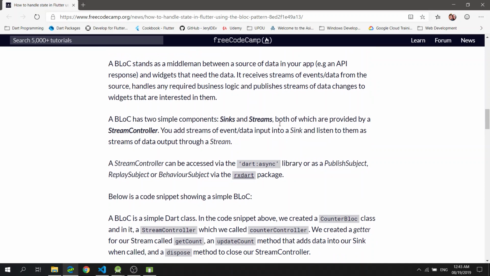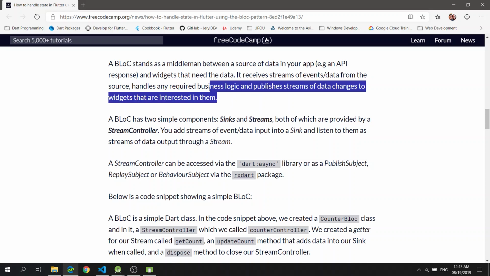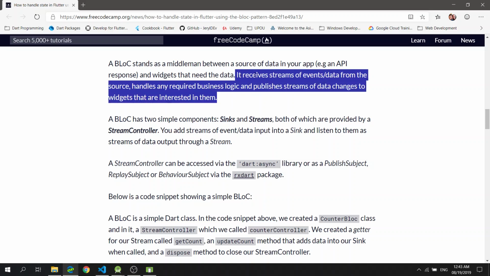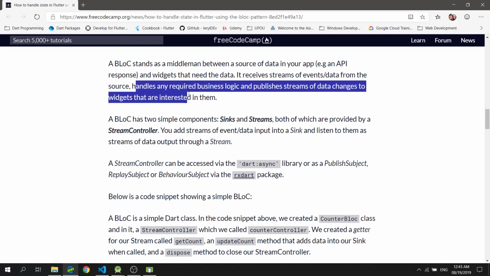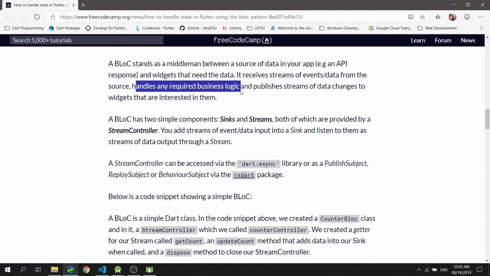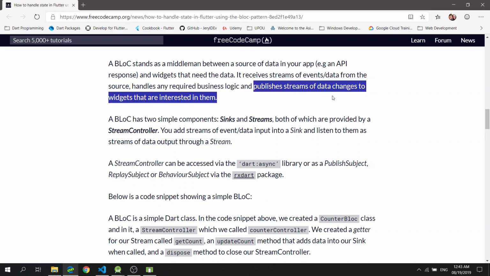So, a block stands as a middleman between the source of your data in your app and the widgets that need the data. Also, it receives streams of data from the source, handles any required business logic, and publishes streams of data changes to widgets that are interested in them. So basically our block is like a tunnel